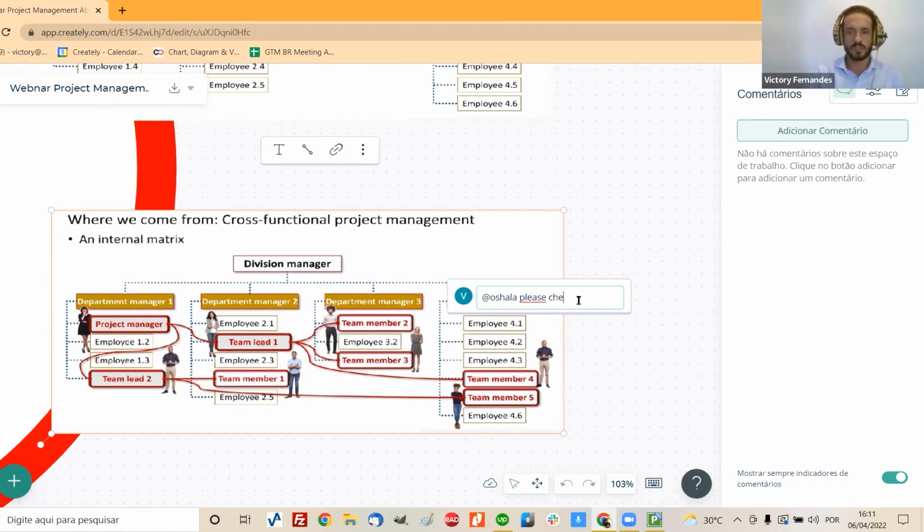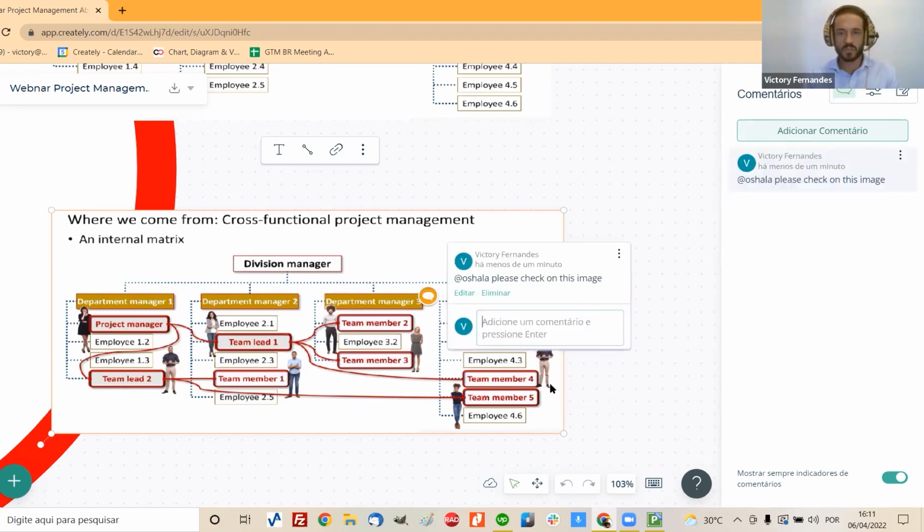please check on this image. So I'm now leaving messages for the other people that I'm sharing this document with, so they can actually add information to my document. And when they come here, they will check it. This will raise an email for them. And then they will receive this email pop-up,